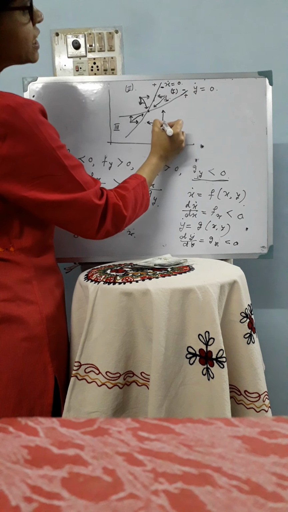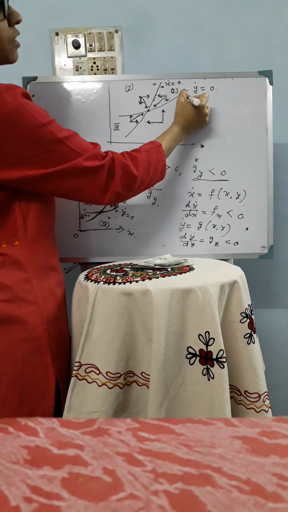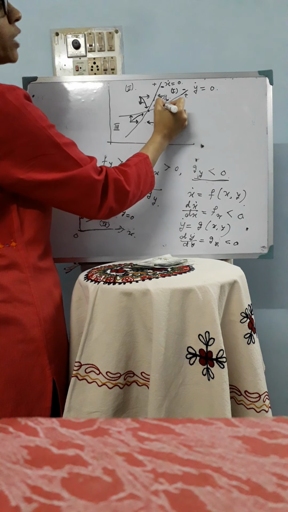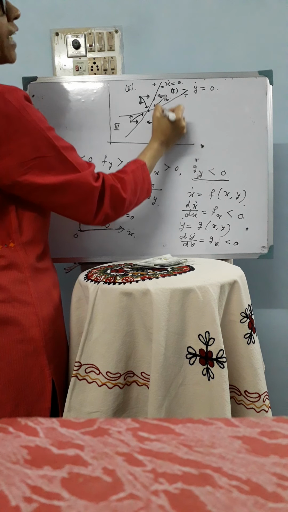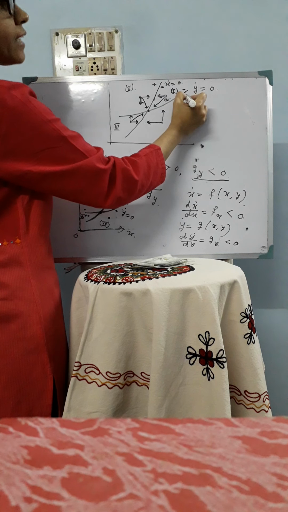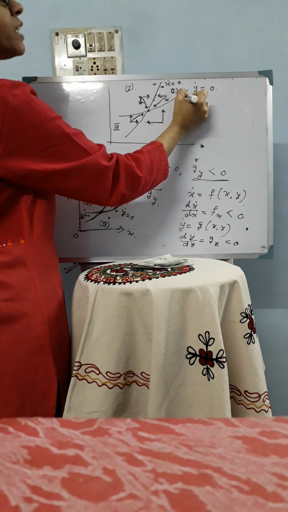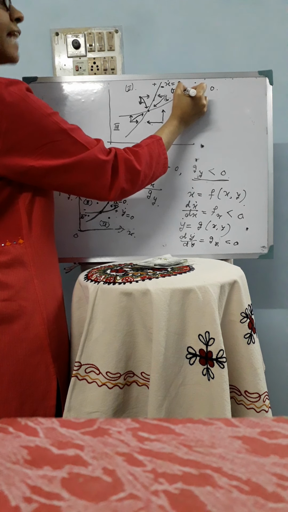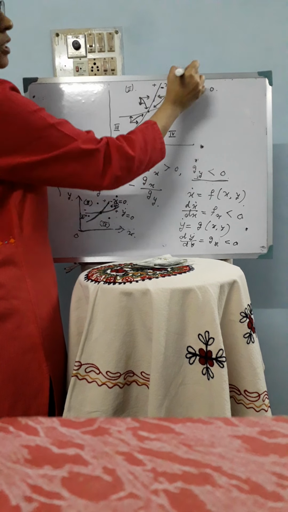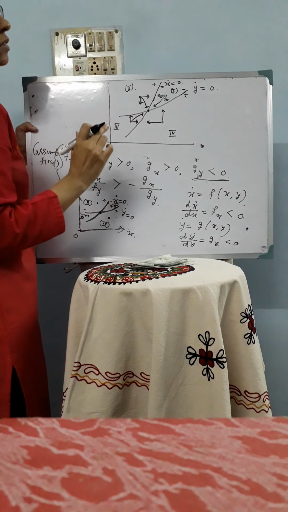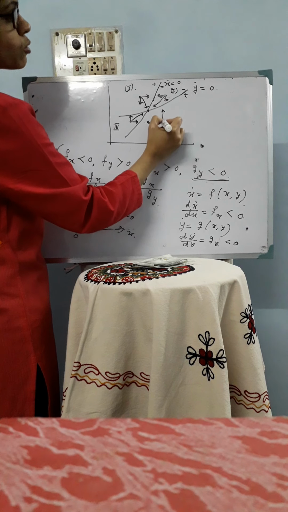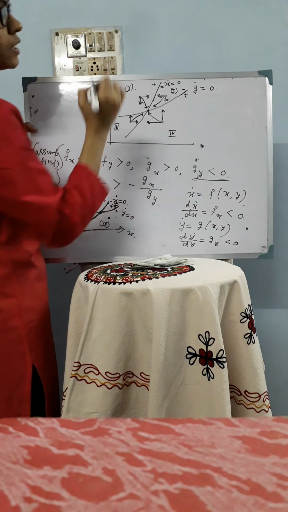Now why y should increase? Here at this point the value of y dot is positive. So for y dot to become 0, this point should hit this curve. So for that y should increase. And if y increases, then y dot will decline from its positive value to 0 value. So in that case only the point can hit this curve, y dot is equal to 0, and y will be dynamically stable. There will be no change in y with time. So y should increase. So the resultant time path will tend towards this equilibrium.